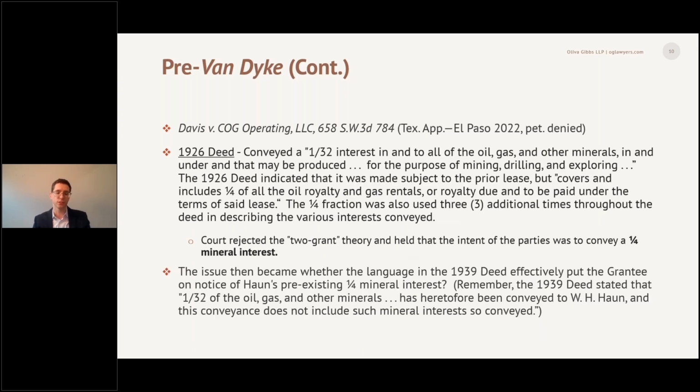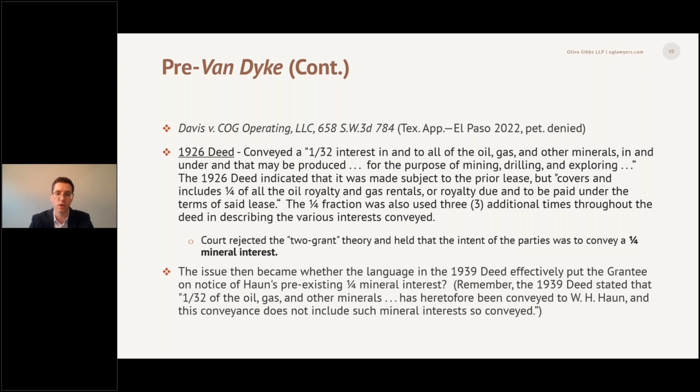The court first looked at that 1926 deed. It initially conveyed a 1/32 interest into all the oil and gas and other minerals, and the 1926 deed stated that it was subject to a prior lease. But that deed went on to say that it covers and includes 1/4 of the oil royalty and gas royalty. That 1/4 fraction was also used 3 additional times throughout the instrument to describe the various interests conveyed. The court rejected any type of two-grant theory and held that it was the intent of the parties to convey